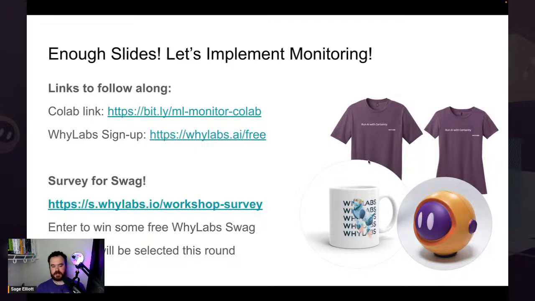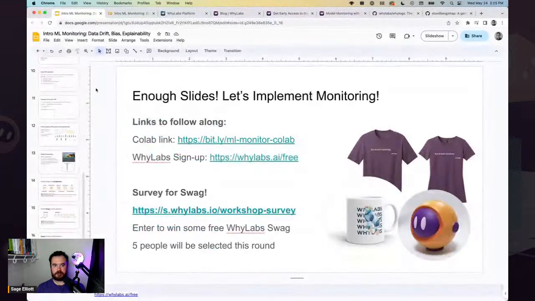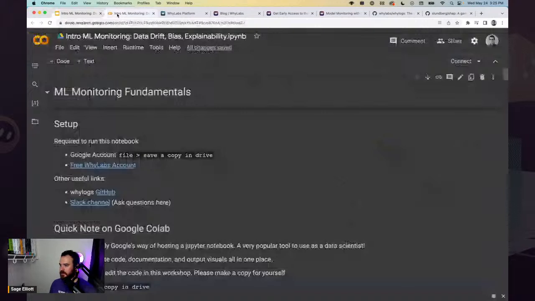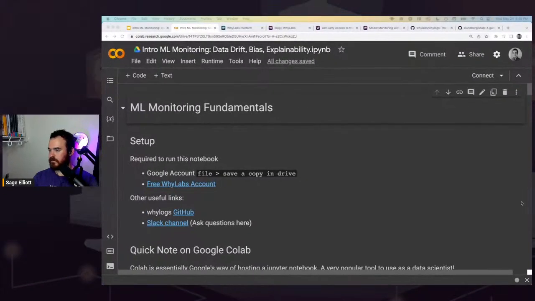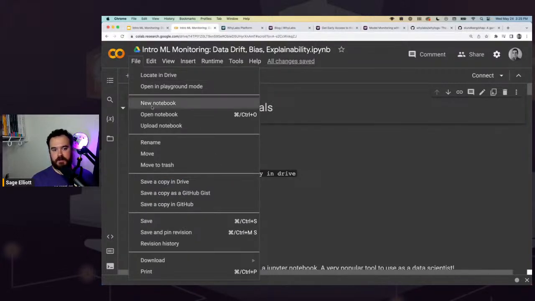So I'm going to go ahead and exit out of slide mode here. And I'm going to go to that Colab notebook. Let me know if this is good enough for people. So I'm going to zoom in. Since my face blocks some of this stuff, I'm going to move out to the side again. And you can let me know if this is good enough when we get to the code. But also, you should have your own version of this notebook and make a copy. And then you'll be able to run everything that we're going to be going through here. So open up that Colab notebook file and go to save a copy in Drive.